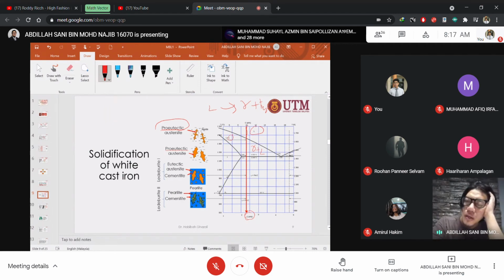Okay, so we have this pro-eutectic austenite. This is how it looks and how it is illustrated. So when we solidify, this pro-eutectic austenite grows as it goes down. So we have some amount of pro-eutectic austenite, and